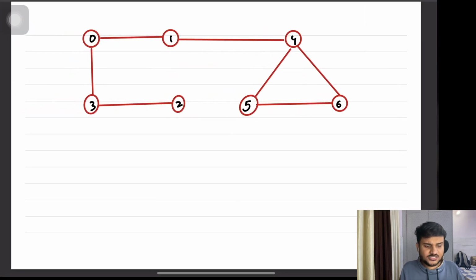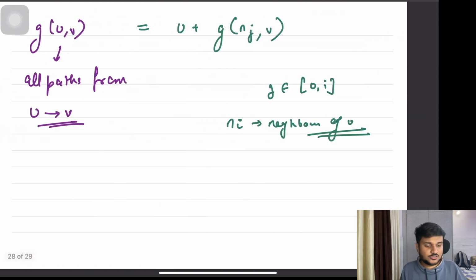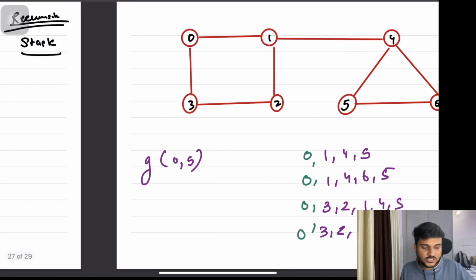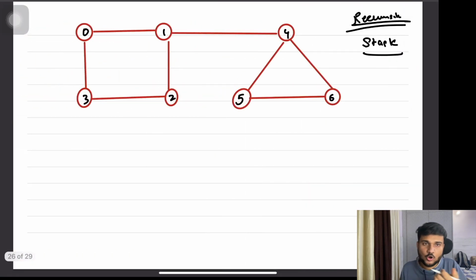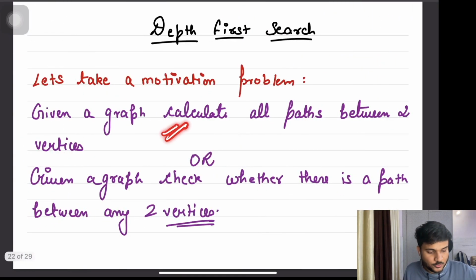So depth first search has a wide variety of applications. Depth first search is used in calculating connected components. It is also used in a lot of recursive algorithms. We are going to see a lot of applications of depth first search, but in the next part, we are going to implement both the problems, that is has path or is path from u to v, and all the paths from u to v. These both functions we are going to code.